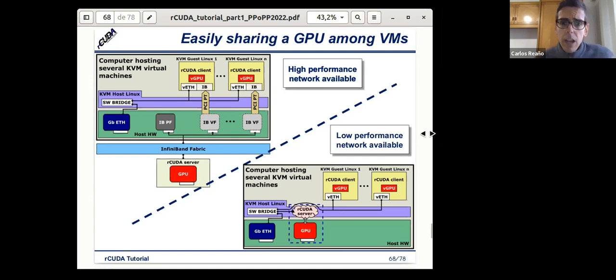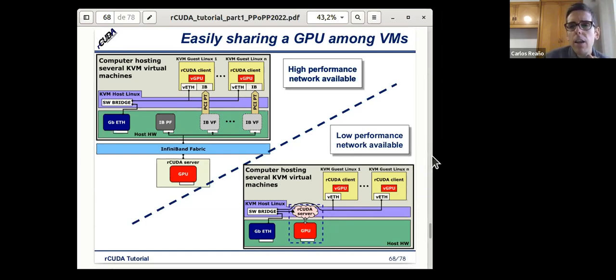In the case we are on a low performance network, what we can do is put the rCUDA server in the host operating system of the virtual machine, and the guest operating systems will have the rCUDA client running. Thanks to that, we will also be able to share one physical GPU concurrently among the different nodes of the cluster.